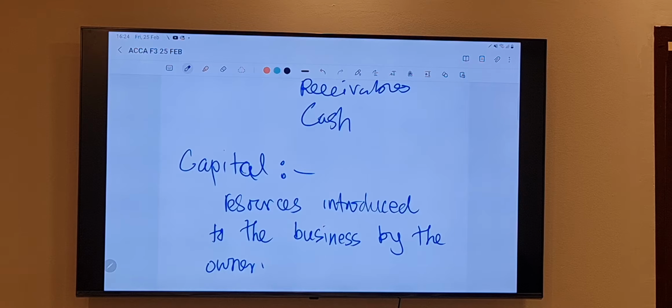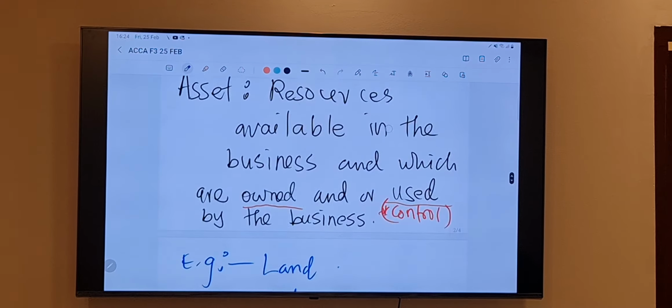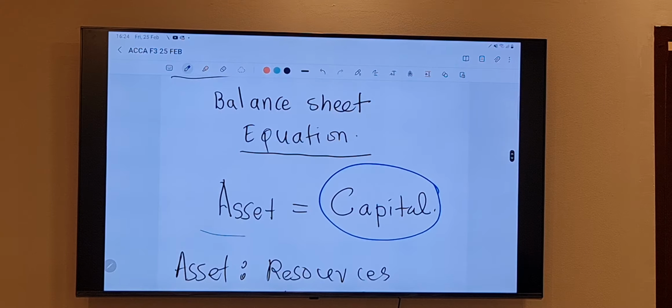But whether you see the tail or head, will the value of the coin change or stay the same? Same. It will be the same. So that's the same story here. Whether one side is asset or the other side is capital, if the asset total is 1,000, what must the capital be then? It should be 1,000. Clear? Is that clear? Yes, sir? Yes. So that is exactly what we wanted to understand.